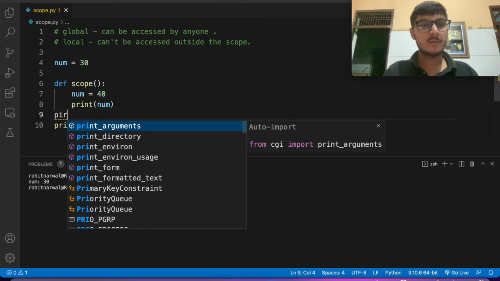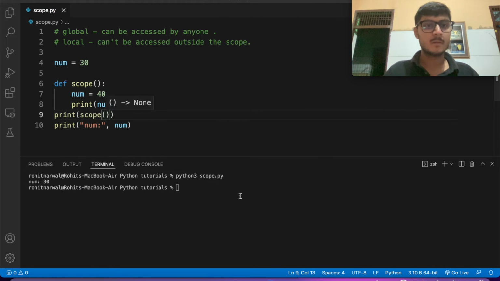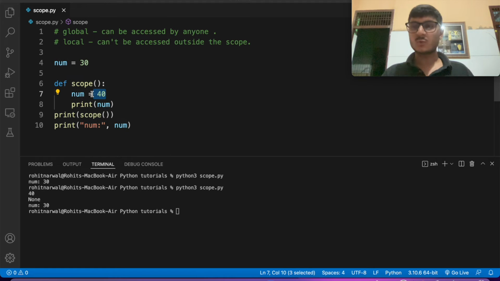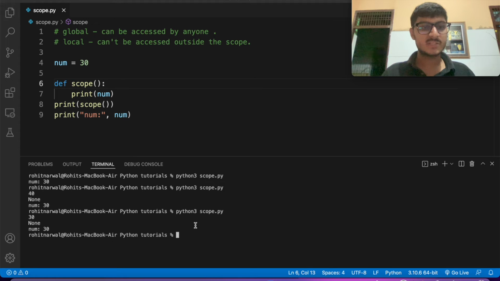But when I write scope here and let's see, it gives me 40 because it's accessing the local variable here. So the hierarchy of accessing is, first of all, it goes and finds if there is any local variable, then it will use that. If not, then it will use the global variable. Let me remove this, and now let's see, it gives me 30. So first of all, it's looking for a local variable, but it couldn't find it, so it's